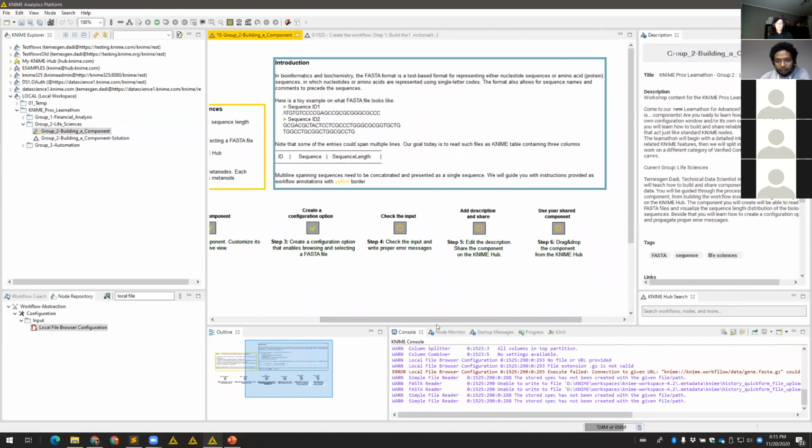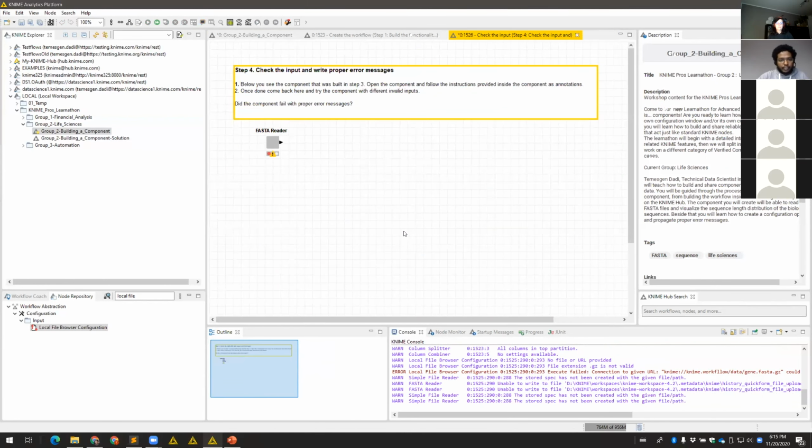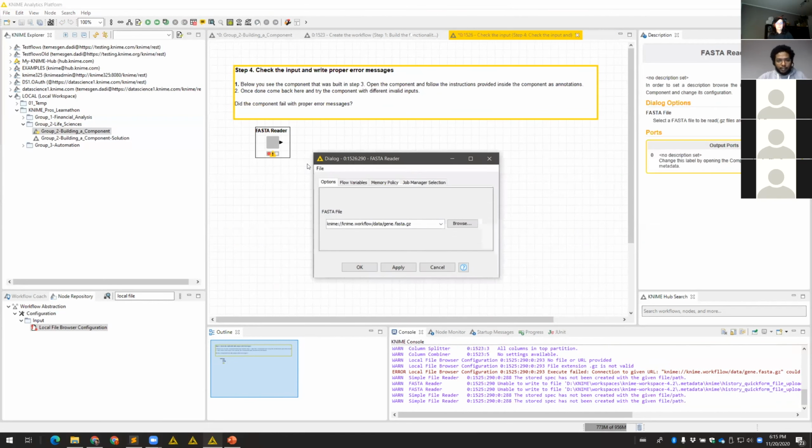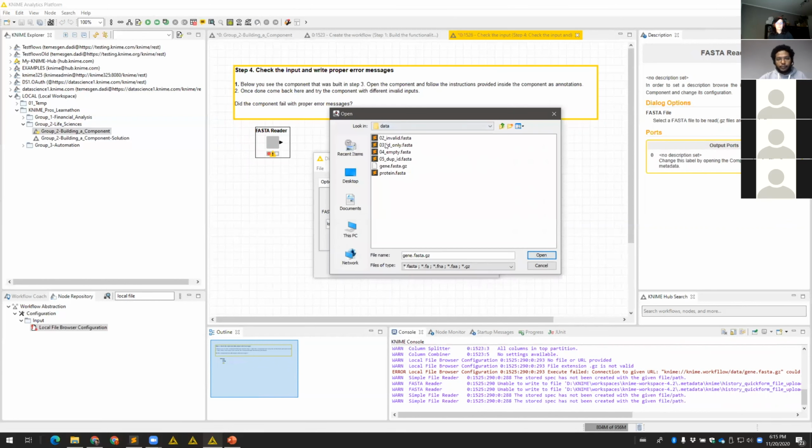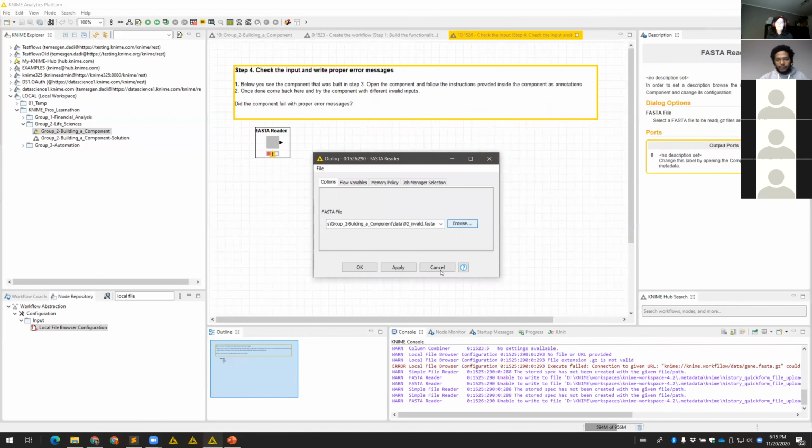Okay, the next step is a very important step: to check the input and write proper error messages. This is an essential part of creating a reliable component. Here we have the same component that we did in the last step, but when we give it wrong input files, like these invalid FASTA files that I have here,